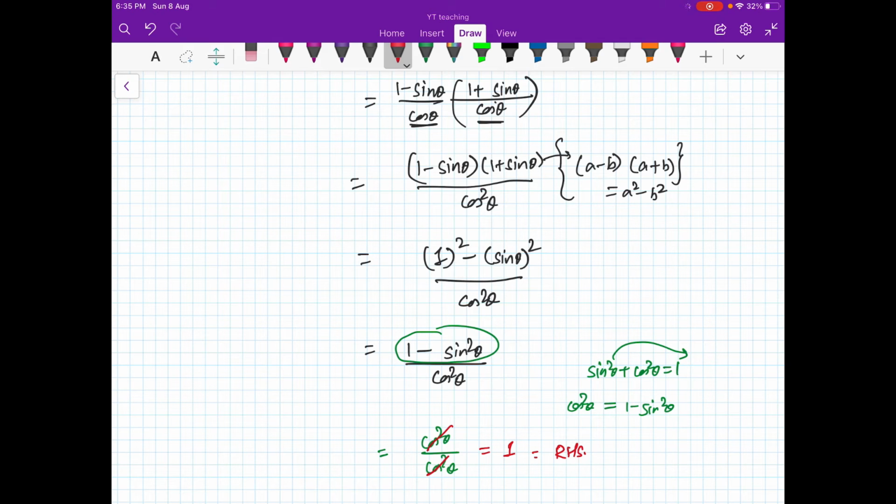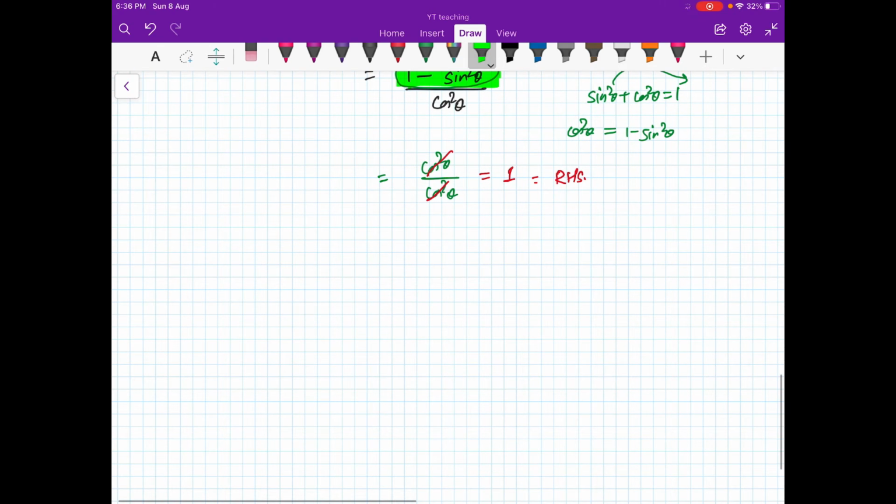So you see, these things are on the basis of the trigonometric identity, because you use the trigonometric identity here, okay? So let us do one more, a little complicated. So you can try these things at home also. You must have a trigonometric book. You can try solving some questions, and if you have any problems, do post in the comment section. I will be happy to help you.